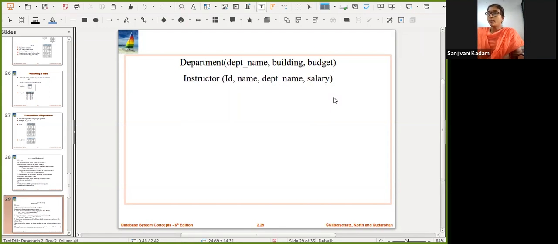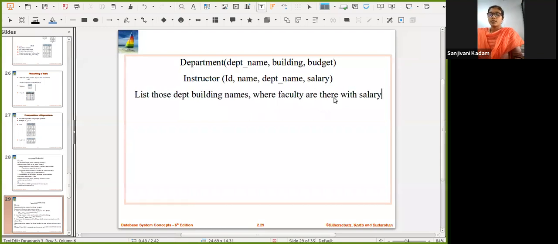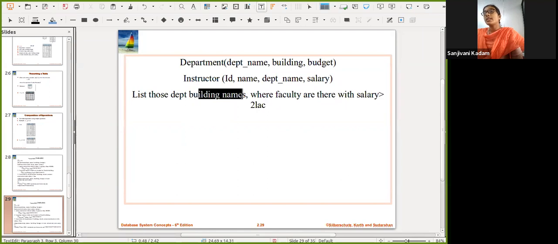Now consider my request is: list those department and building names where faculty are there with salary greater than 2 lakh. So what I need is a list of those departments and building names where faculty have a salary greater than 2 lakh.